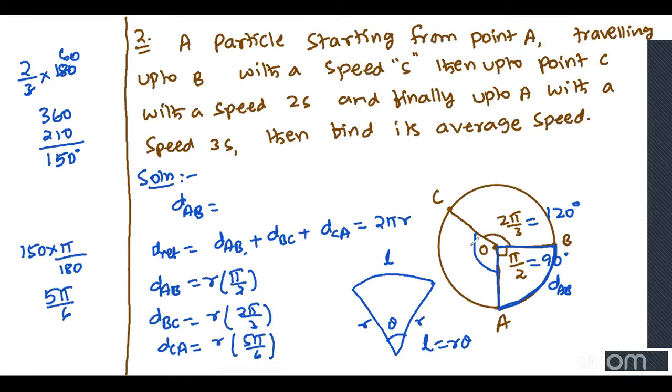Let us consider, I need to find the average speed. Here is time T1, this is T2, this is T3. Here the speed is S, then from B to C it is 2S, and then here it is 3S. So T1 equals